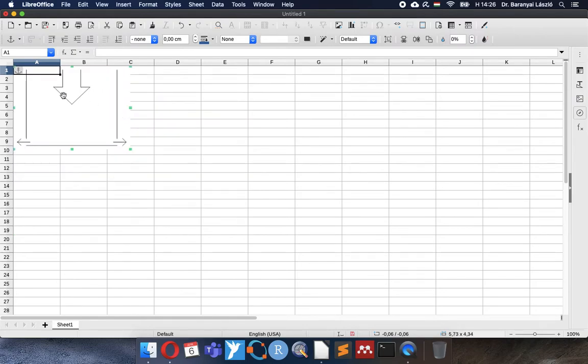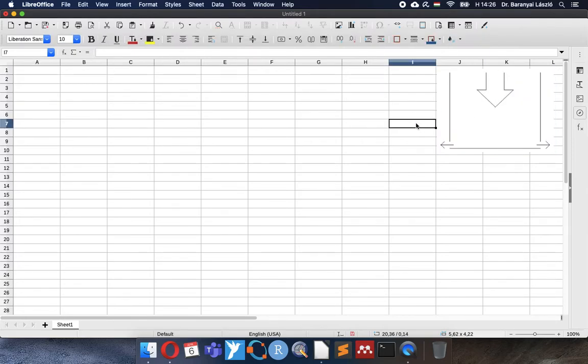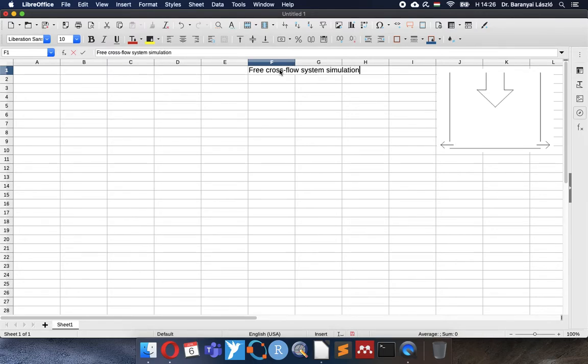From the top, the incoming water stream, for example tap water, will arrive into this buffer tank, a kitchen tool like a dish, and at the bottom we will make holes and the water can go out freely. And free cross-flow system simulation. We would like to simulate how the water level is changing and where will be the equilibrium, the steady state